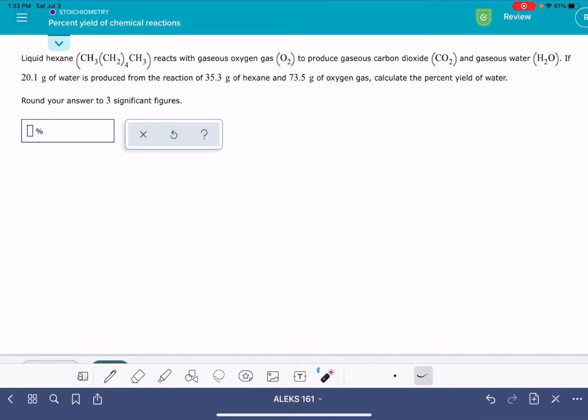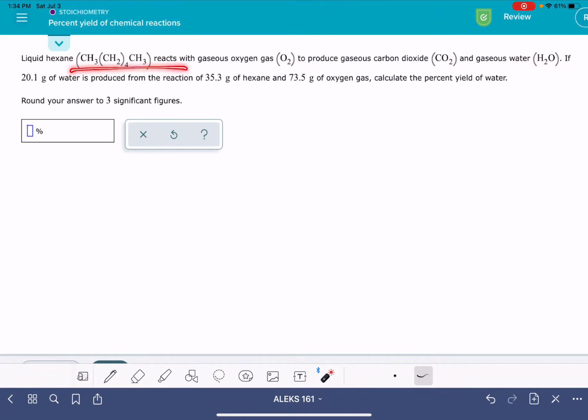In this video, I'll show you how to solve the ALEKS problem called percent yield of chemical reactions. This problem is really tedious, so it's one that you want to really take your time on, make sure you're doing everything correctly so you don't have to do it too many times. The first thing that we need to do is use all the words in this problem to write a balanced